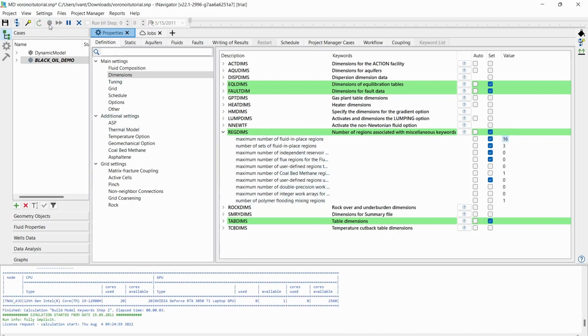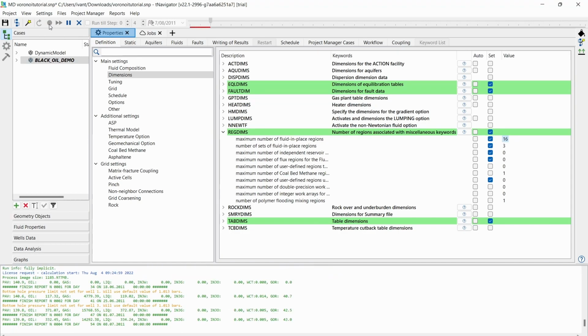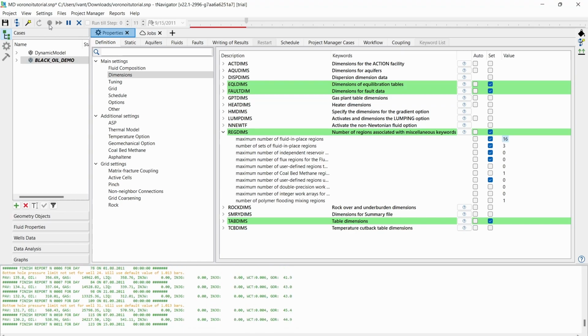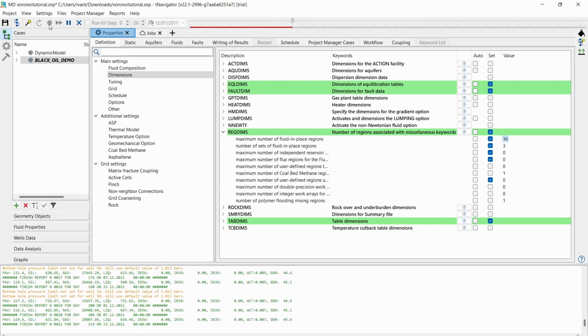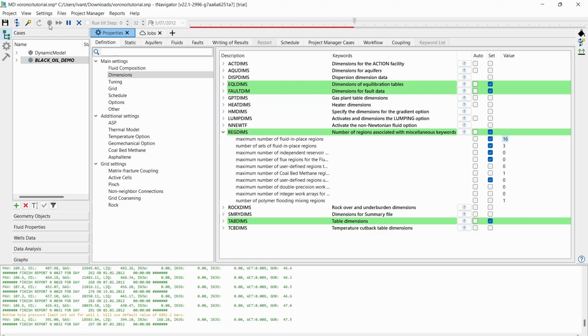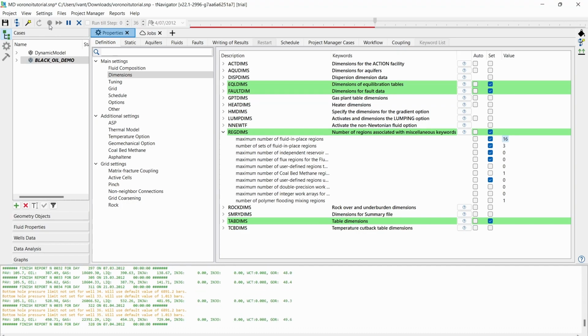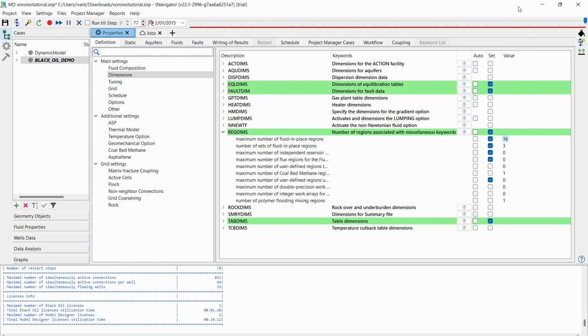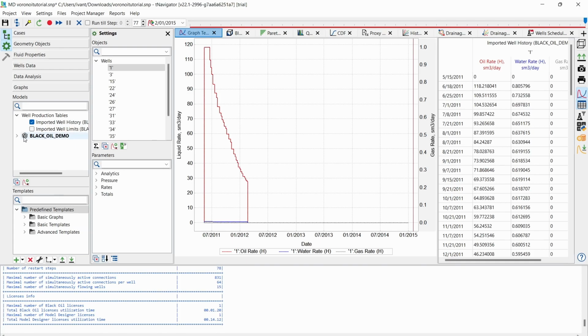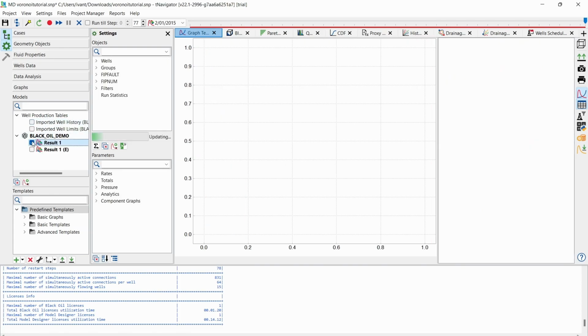And we have to run the new model. Once we finish the simulation, we can open graphs and click on the black oil demo result 1. We can choose the